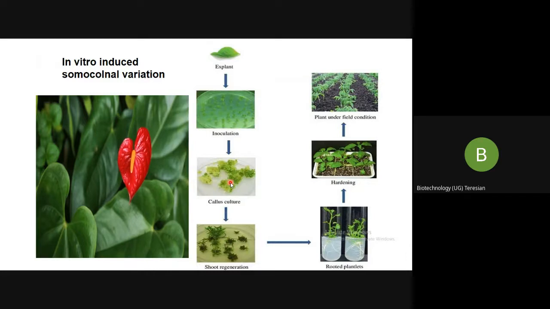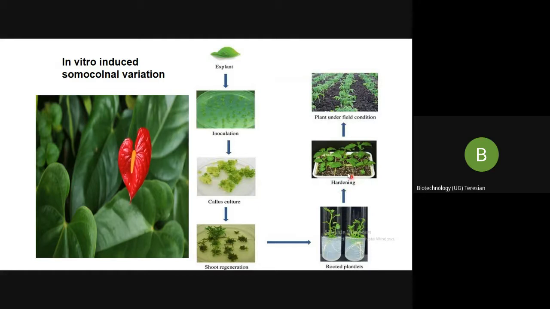So we have the callus. It is ready to undergo organogenesis. We can change the media and we can generate shoots of suitable size. Then this shoot can be excised and transferred onto a rooting media. After the roots have developed from these shoots, the plantlets will be ready to transfer to the soil for hardening, or what I mean to say is to get acclimatized to the new actual environment.